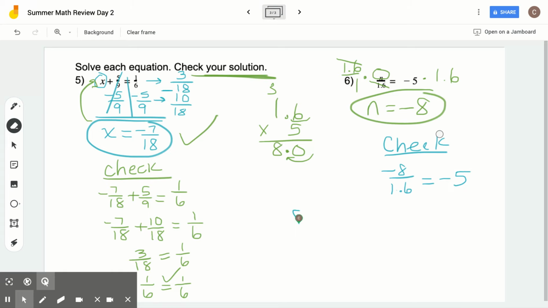So on the side here, I'm going to divide. When dividing with decimals, we need to make sure this number is a whole number. So I'm going to multiply by 10 and divide 16 into 80, which is equivalent to 5. And again, since it's negative divided by a positive, it's negative 5, which is equivalent, of course, to negative 5, so we know this